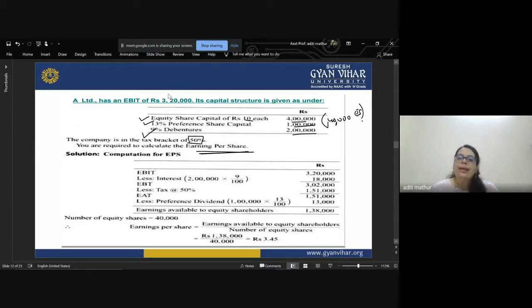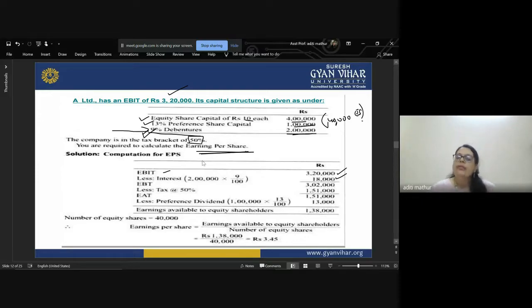So we know that we have an EBIT of 3,20,000 rupees. From this EBIT, we will first deduct what? We will deduct our interest. Interest is calculated on debentures. So let us see, we have 9% debentures of 2 lakh rupees. So the interest which we will be paying to the debenture holders will be 18,000. So the amount remaining with us after paying the interest to the debenture holders, that is your earning before tax, is